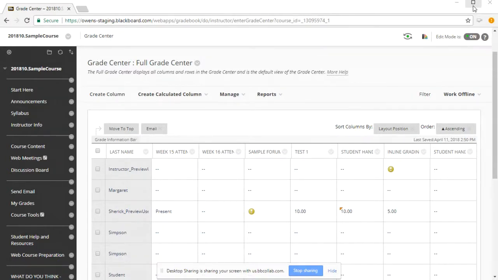Blackboard sends us reminders every time we need to upgrade any building blocks, and the mobile app is a building block. And I don't know this for a fact, but I'm guessing we will have to upgrade that as well. But that doesn't affect Blackboard. It doesn't affect its availability. It's generally a very quick thing for us to upgrade.